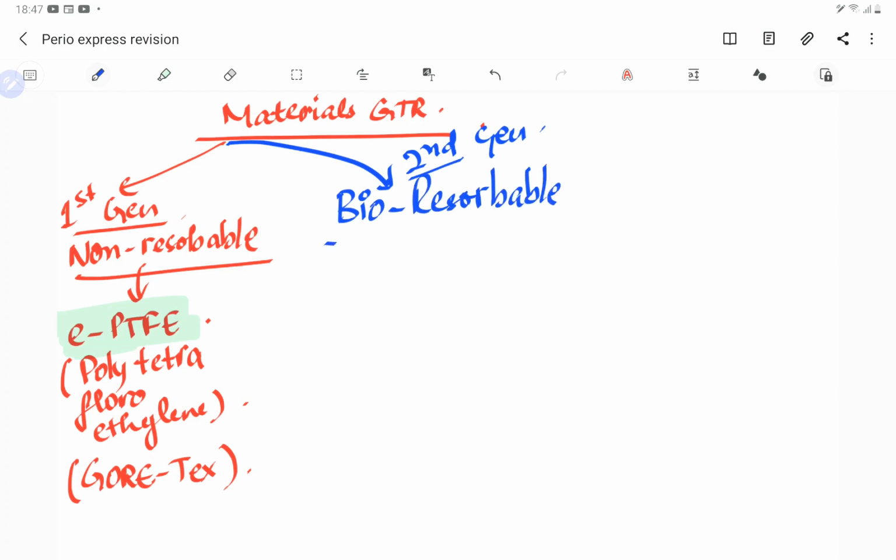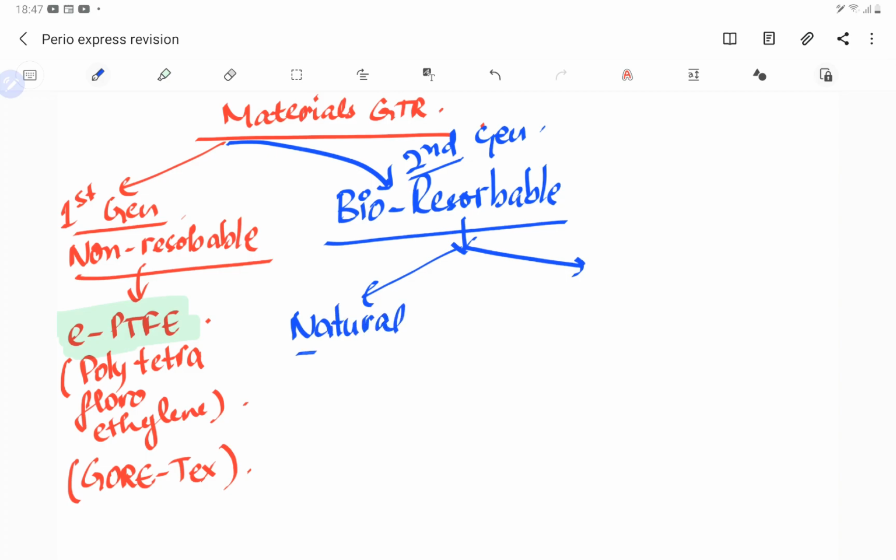Basically this membrane, after doing its function, will resorb on its own. So after making this girl a good person or giving love, this guy is gonna fade away, like till the end or till the old age, like that you can say. So this is a bioresorbable. Now again in this we have got the natural and the synthetics.